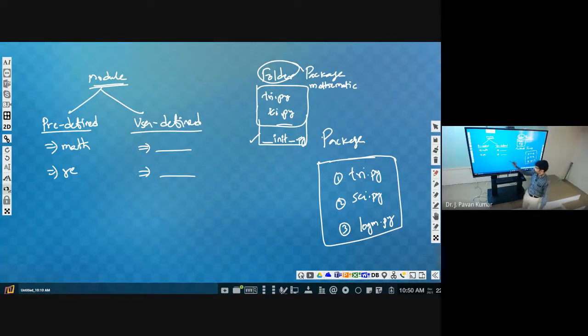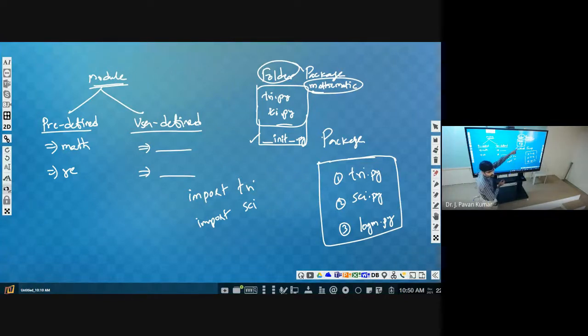How do we use modules in general? import tri, import sci, like this. Earlier we have used it. Now in addition to this we have to specify the package name as well. From where we want to use tri or sci is from mathematic. So here also we will use from mathematic.